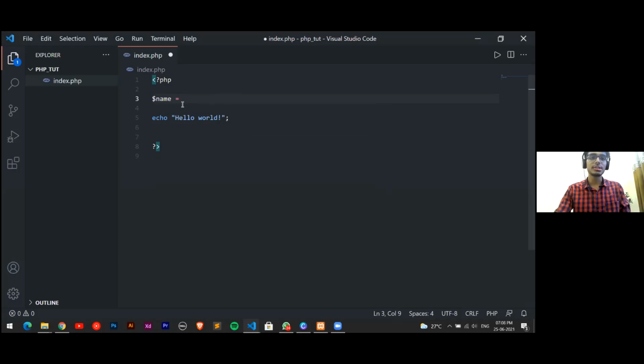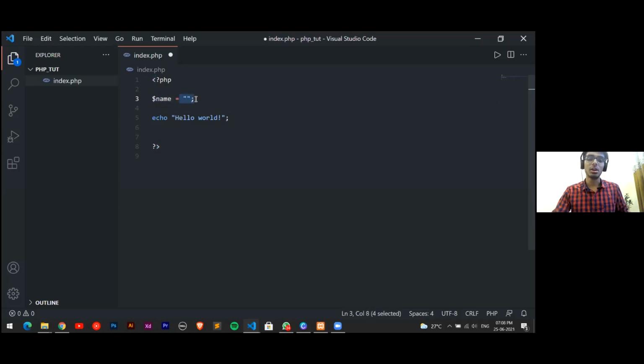This is the variable which I have created, that is empty. So basically there is no data type in PHP. As I told you, it is a loosely typed language. We don't need to specify any data types like we did in C++, where we need to provide int, or string if you want a string. Nothing happens over here. We simply declare a variable in this form, with an empty value. We need to do this.